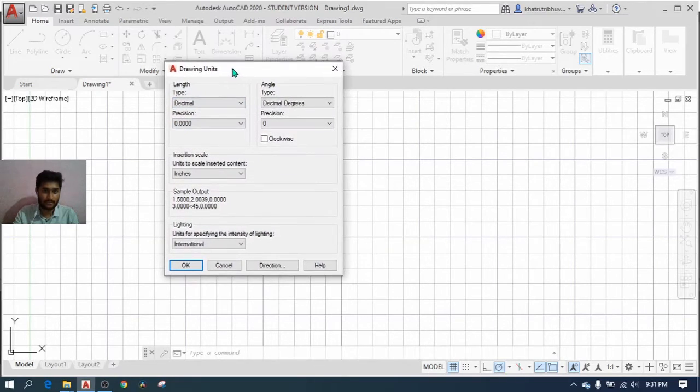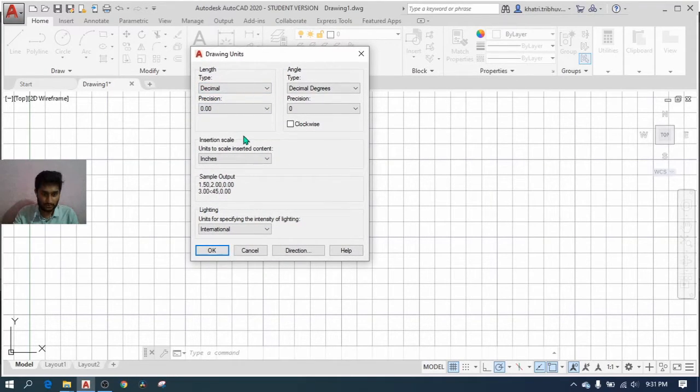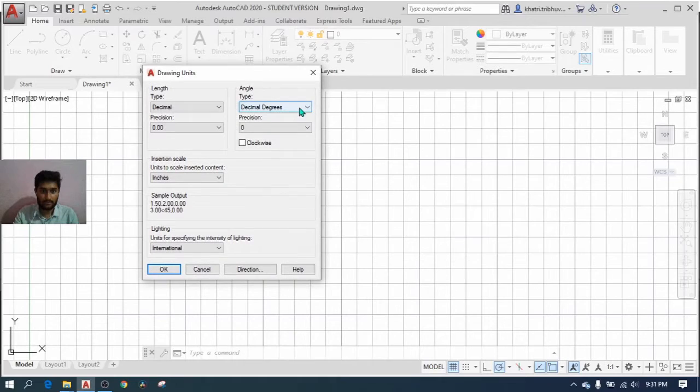For me, I'll stick with decimal. Likewise, you have precision, up to how many zeros after the decimal you want to show accuracy in your drawing. For me, I'll select precision up to 2 digits. Likewise, you have angle. Similar to the previous selections, you can select the desired angle type looking at the sample output box. Let me stick with decimal degrees,